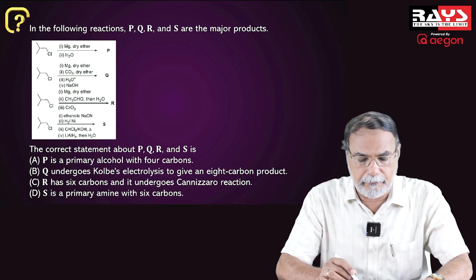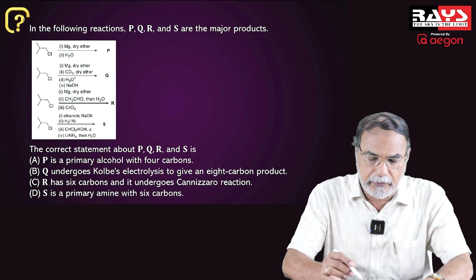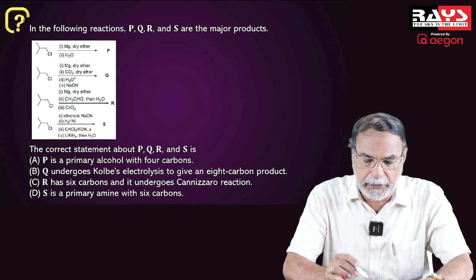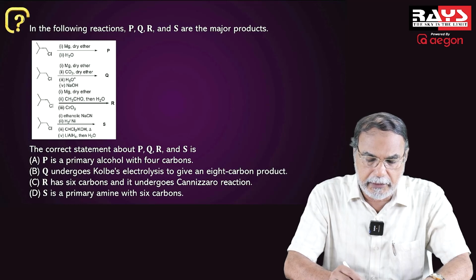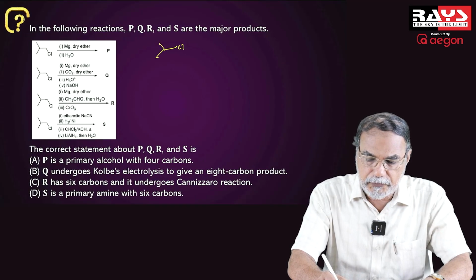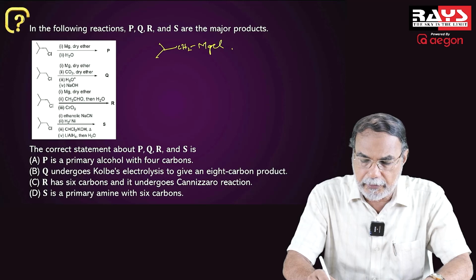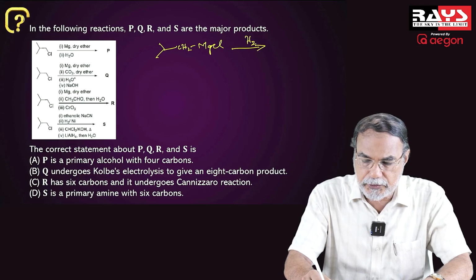Let us go through the equations given there, the organic conversions. The conversion of this compound into P is through the formation of a Grignard reagent by reaction with magnesium in dry ether medium. So you will have the Grignard reagent CH2MgCl, and on hydrolysis of this compound,